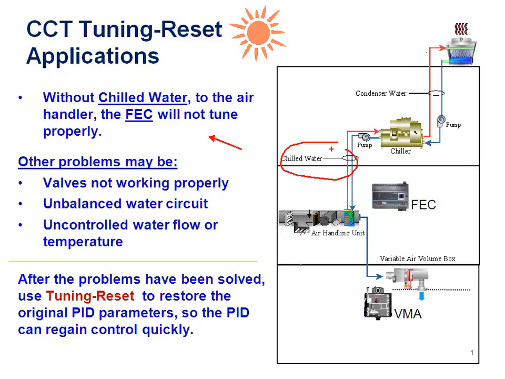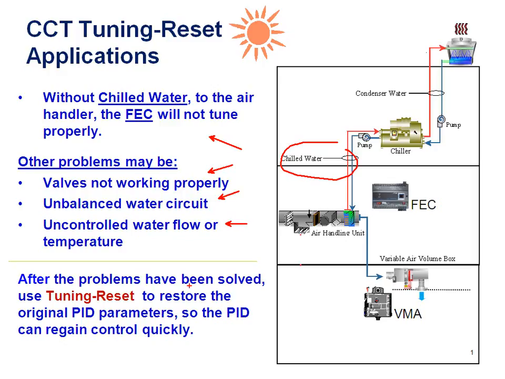Other examples of when tuning reset would be used is if your valves are not working properly, or if the water circuit is unbalanced, or if there is uncontrolled water flow or temperature. After all these problems have been solved, use tuning reset to restore the original PID parameters so the PID can